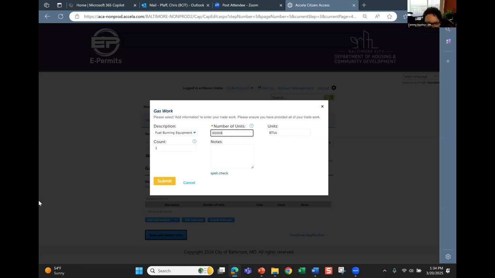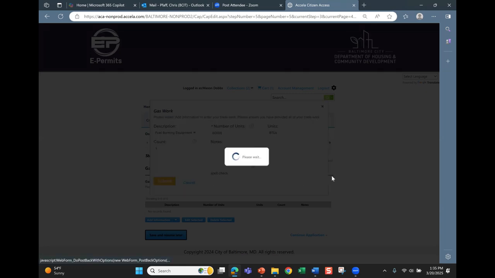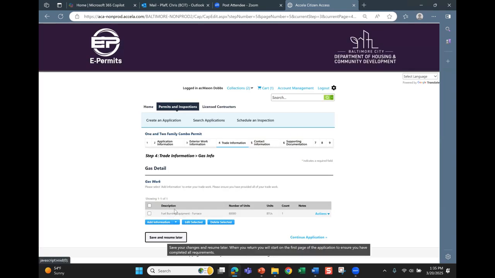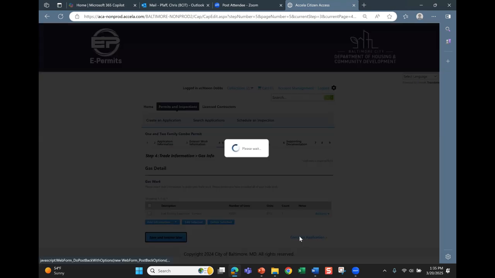I did the same thing, it took me a while. Count 1 unit of the furnace. Okay, so that part was okay. Anything else on the gas that needs to be added? No. Okay, so it's the next part that I'm